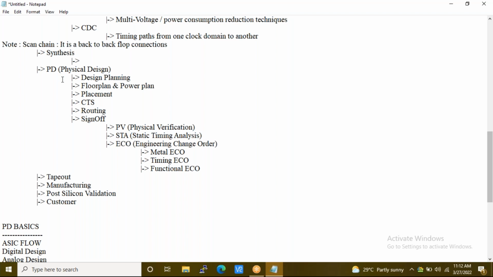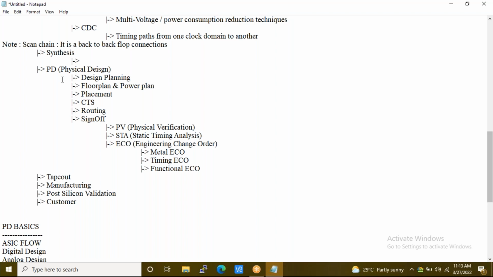So along with this PD flow expertise, the company sometimes expects you to have some additional expertise. So we are trying to set up a course where, other than learning PD flow, we also teach you the concepts of synthesis, static timing analysis, and physical verification, so that you will be suitable for various job requirements.